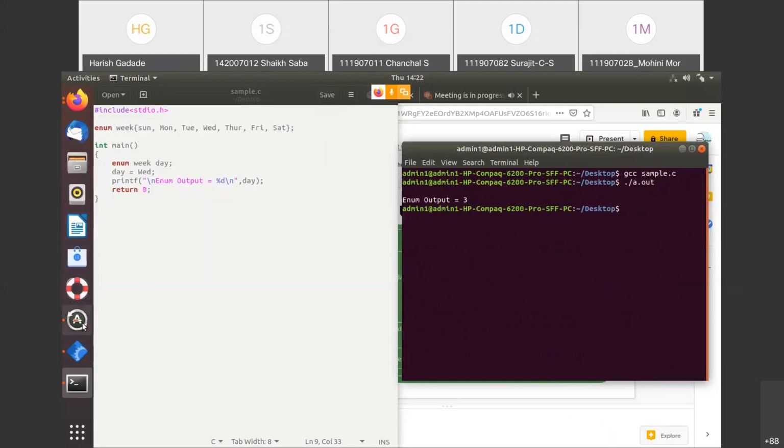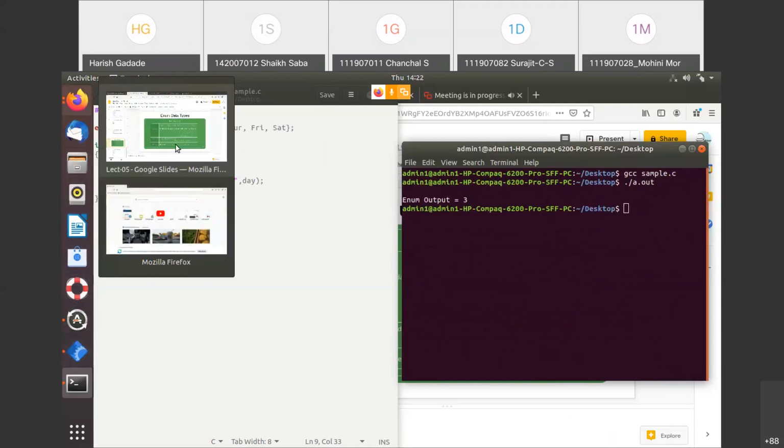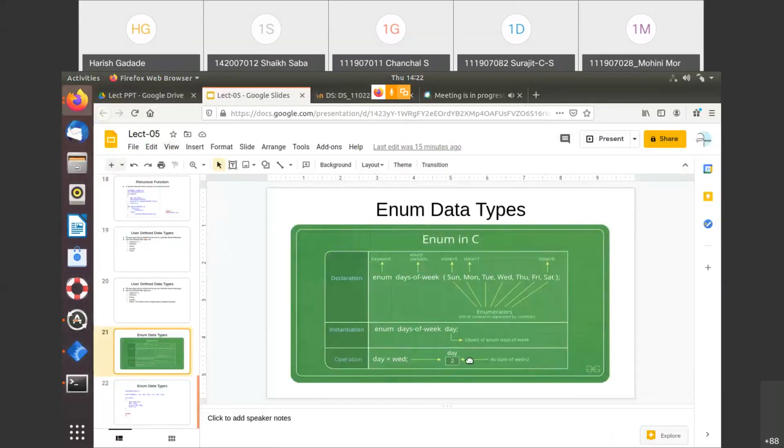So whatever diagram I just showed you here, this is a bug, we can say, it should be 3. You can understand this should be 3 because it started from Sunday. Ultimately it's Sunday, Monday, Tuesday, and then Wednesday.